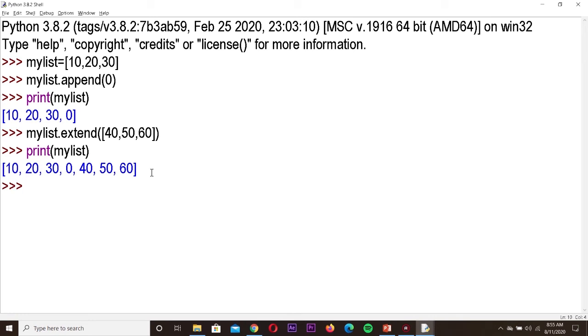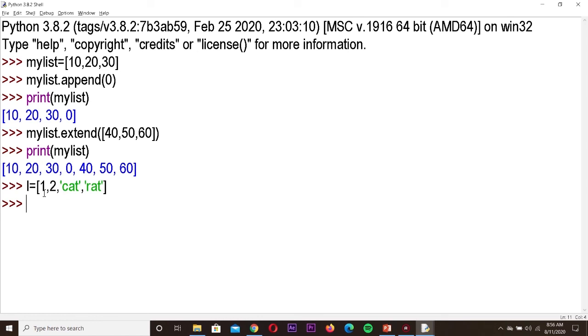Next I am initializing one more list. Let L is equal to, simply you can give one character as the list name also. So L is equal to, I am writing a list, so we have to put the square bracket, 1 comma 2 comma, and next I'm going to give some strings, cat. So 5 values I have initialized, 2 integers and 2 strings. Now I want to add one more string in the middle. That means after 2 I want to add one string. So I have to specify the index position.